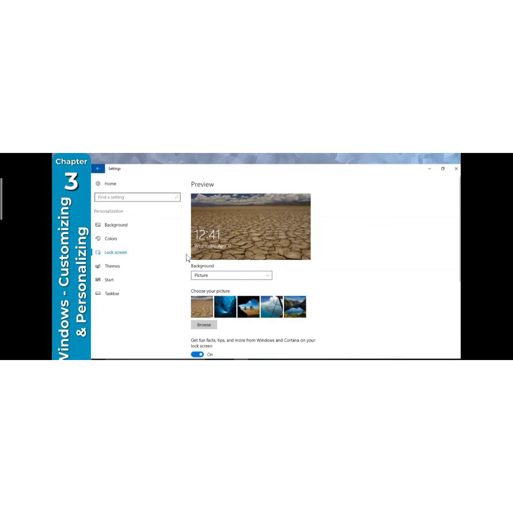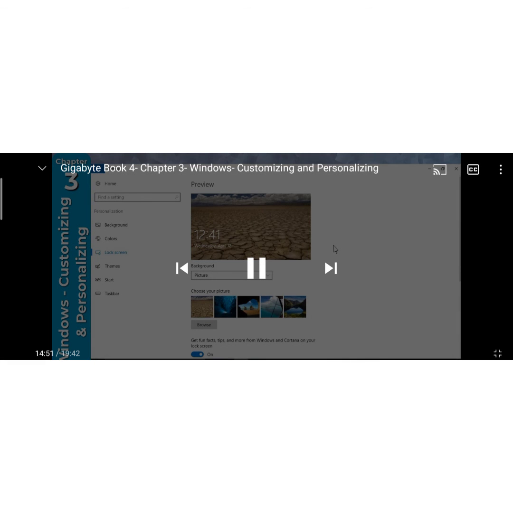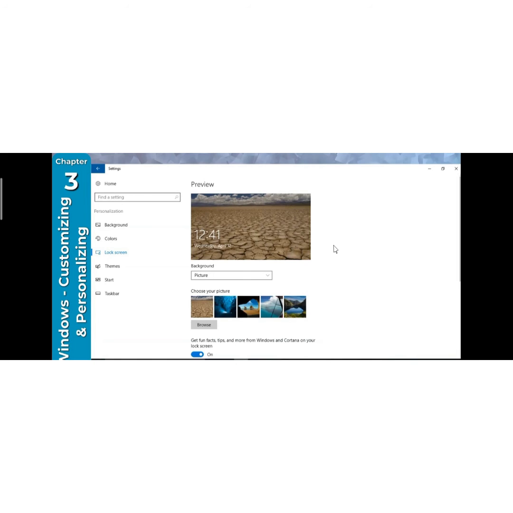Click on start button, start menu will appear. Click on settings. In setting app, we have personalization open. In personalization, you have background option. To change the background, you just have to click on background, select your picture which you want to set as a background, and your picture will be set as a background image. In the same way, you can change the color of your background. You can change the lock screen background where your password is located. You can also change the theme of your background, and you can also change all the settings in the personalization.